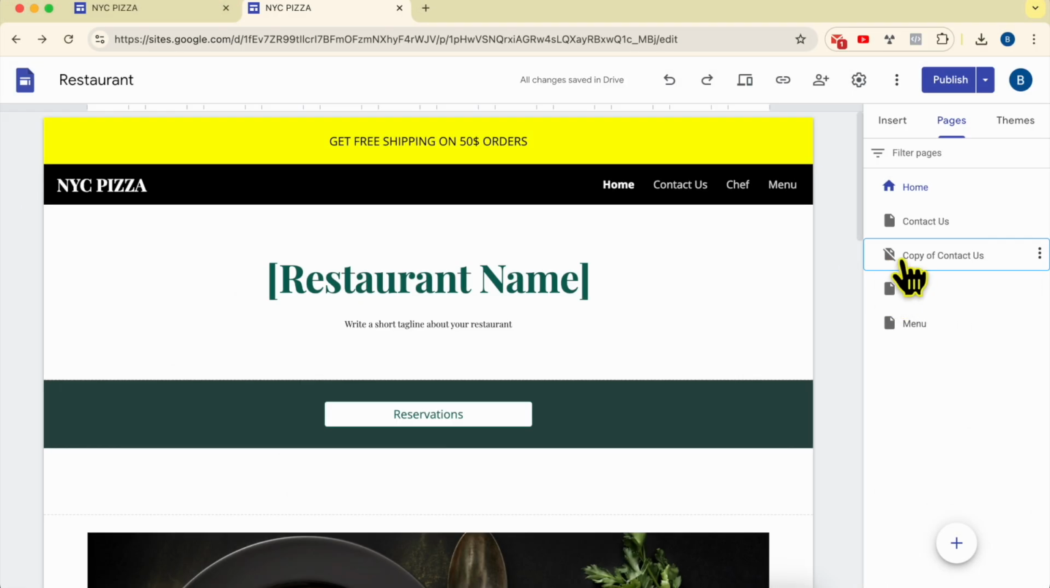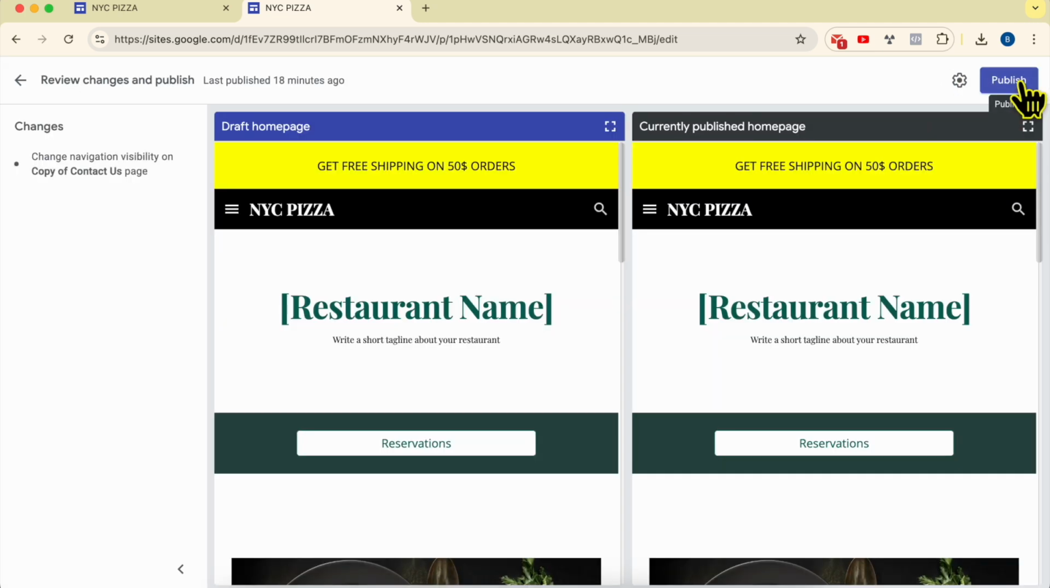As you see here, now the page icon shows us a line on it, and at the same time it does not show up anymore on the navigation menu. Don't forget to hit this publish button. Click on publish again,